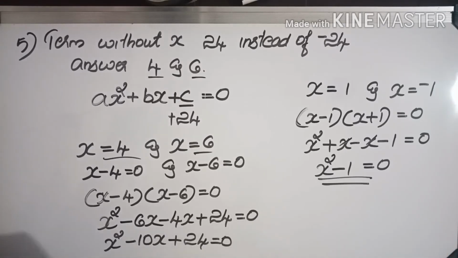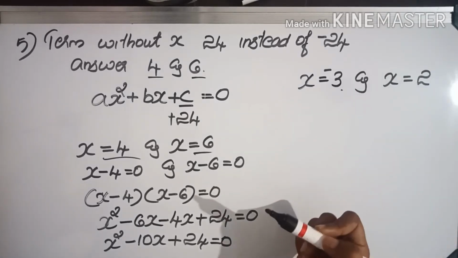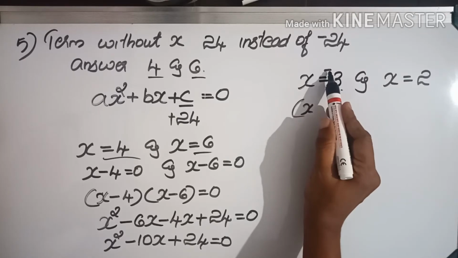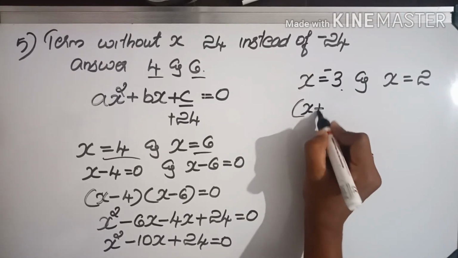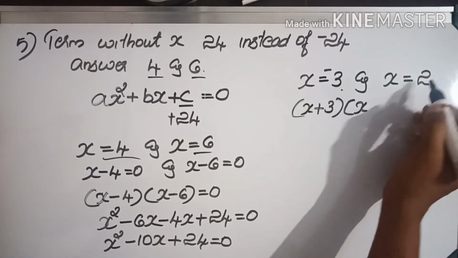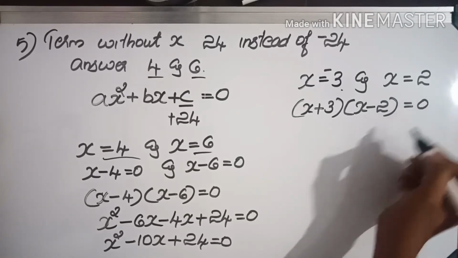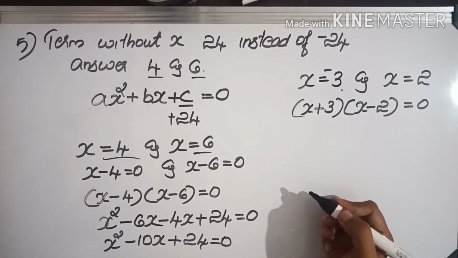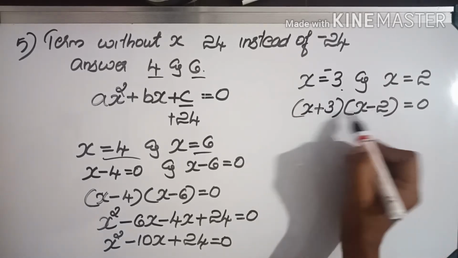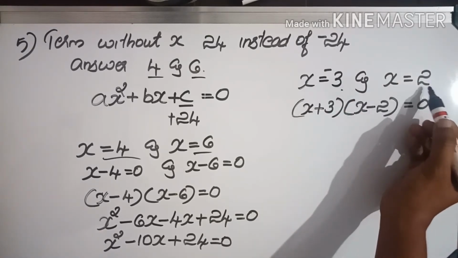I'll show you one more example. x equal to minus 3 and x equal to 2. These two are the solutions. Now we can write it as first x, then minus 3 here. Just change the sign, that is plus 3. So x plus 3 into x minus 2 here, so here it will be minus 2 equal to 0. You will learn this in the polynomial chapter in detail. Now just go through this. So the product of these two will be the second degree equation with the solutions as minus 3 and 2.